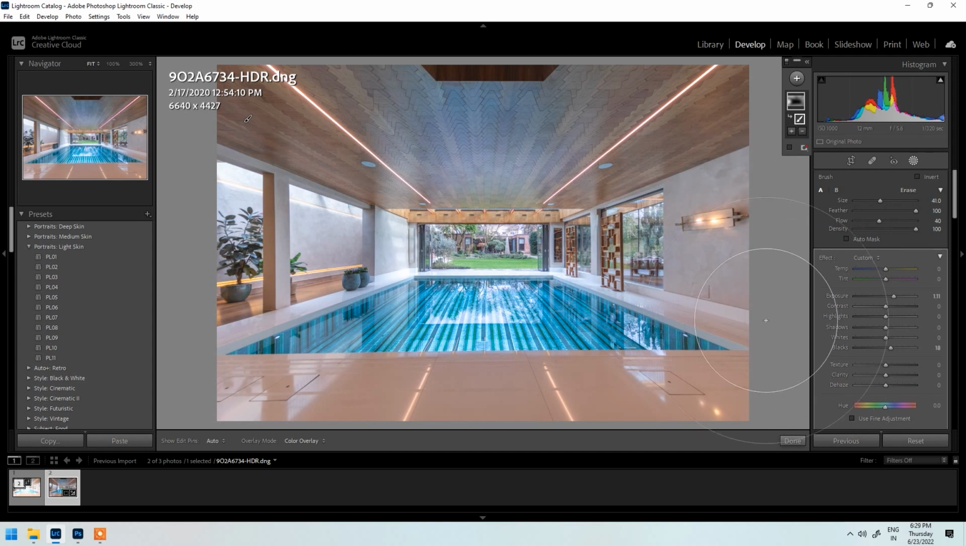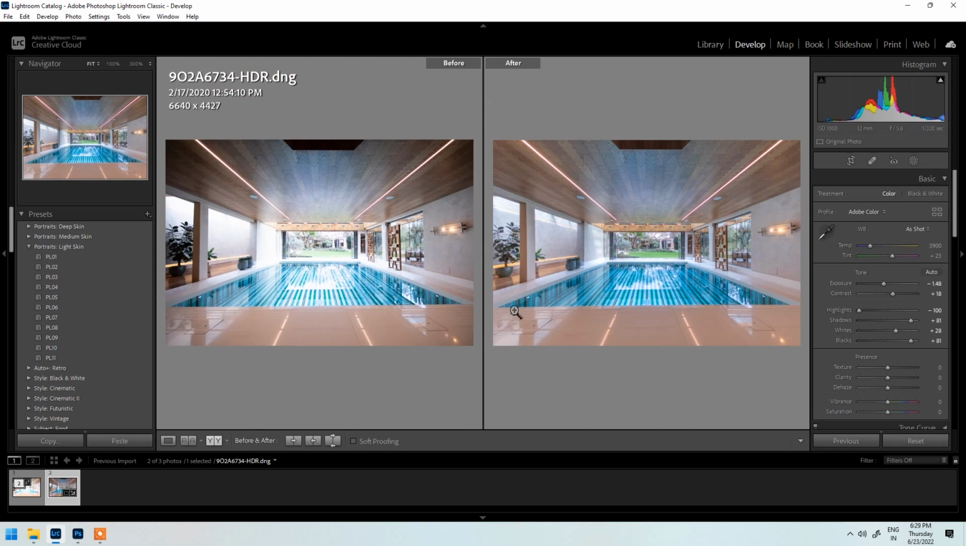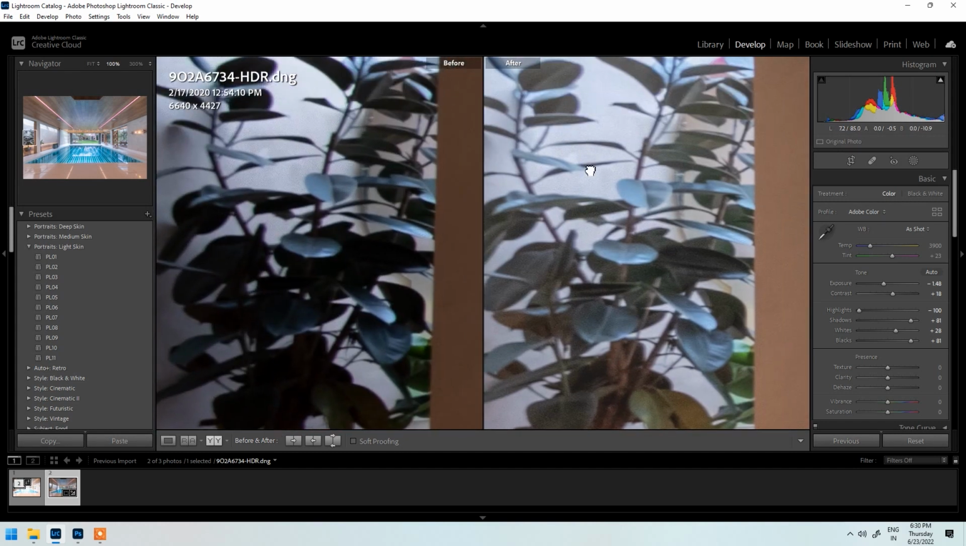Always remember to click on done to complete the tool. So done. It is looking pretty nice now. Let's again activate the before and after window by pressing Y. Okay, this looks good. We have removed excess blacks from here,